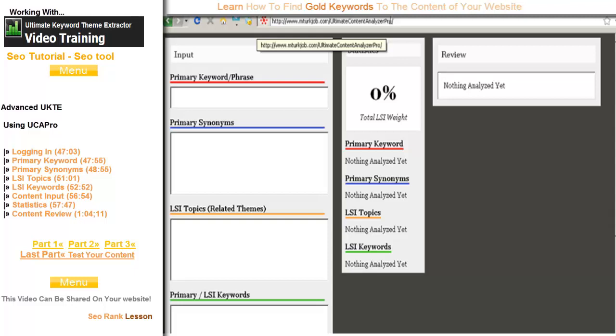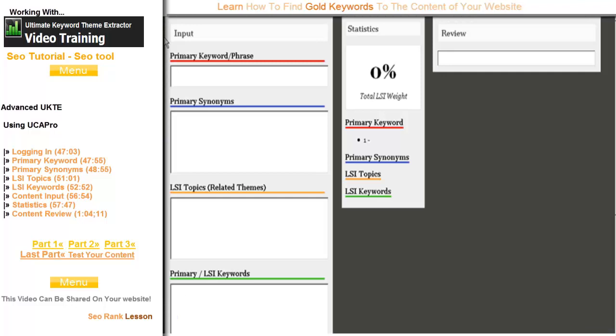As soon as you put the password in and click OK, it'll take you to this page here, which is the Ultimate Content Analyzer Pro being hosted on our server so that you have access to it 24/7, and we can make sure that we add updates as necessary. It's very, very easy to work with, and we're going to get into now how to actually use the Ultimate Content Analyzer Pro. The primary keyword phrase section of the Ultimate Content Analyzer Pro will eventually be highlighted in red